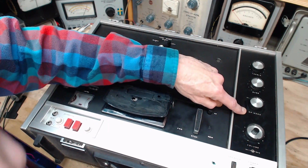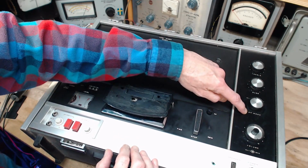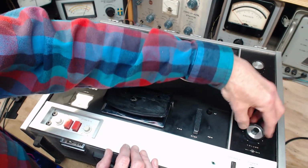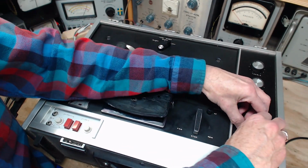SP mode. I don't know what SP mode would be. Sound production mode? I don't know what that is. Volume is up on 10. Quickly, turn it down. Oh. A little,